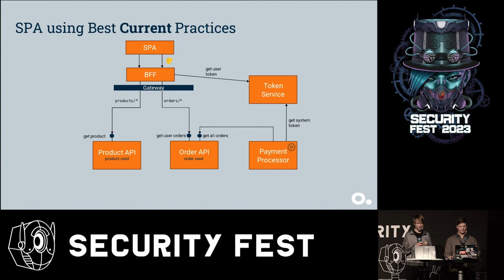Here we have refactored from the 2019 SPA to a backend for front-end design. And the SPA is almost exactly the same, with one big difference: it's now served from the backend for front-end, which is a backend component. And all OpenID Connect stuff, all that complex JavaScript code has now been thrown away, and everything has moved to the backend. So as you can see here, the token request now is from the backend to the token service. So there are no tokens in the front end anymore going through the browser, which is good.